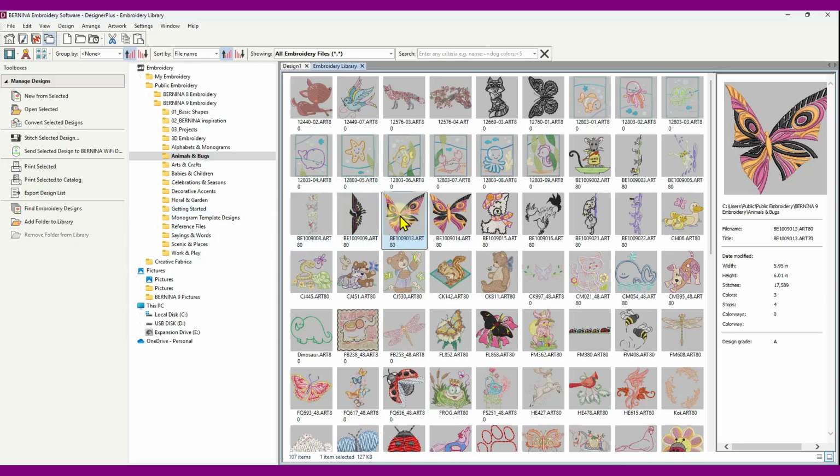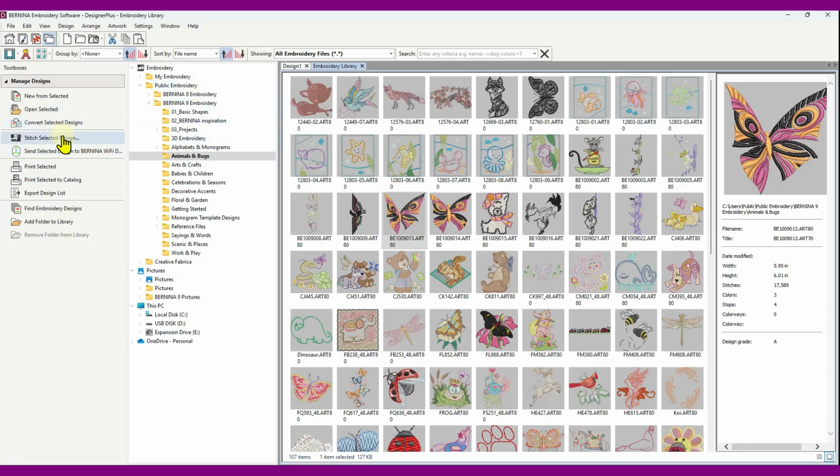When you open a machine file in the software, it by default converts the stitch data, or tries to convert the stitch data, to objects, and sometimes that can cause minor issues in the design. So if you don't want to resize it or add any other elements, other bits of designs or lettering to it, then my advice is to send it to your USB stick or to your machine from the